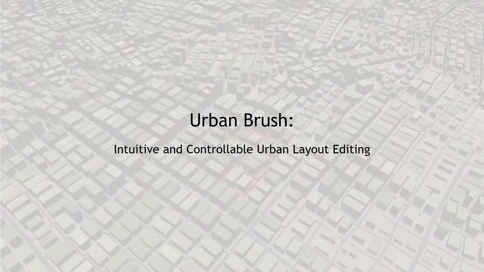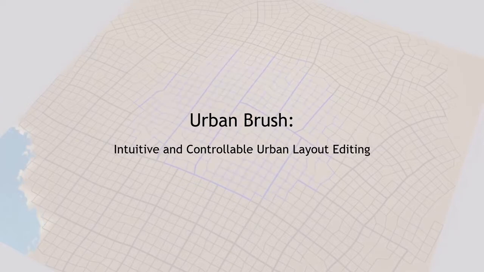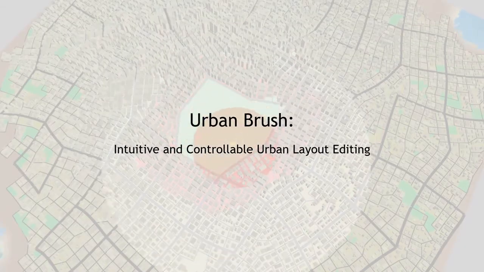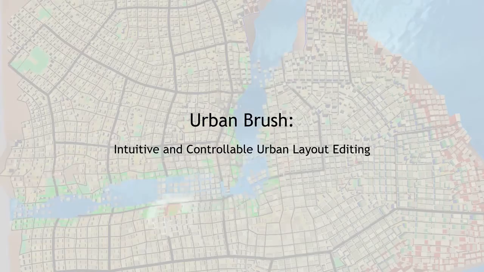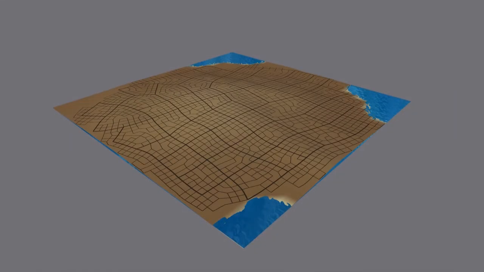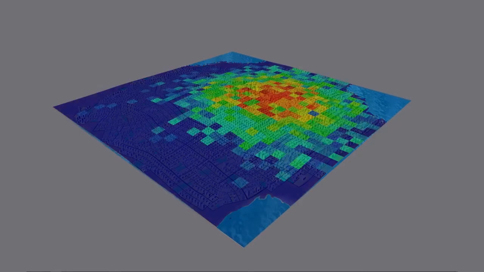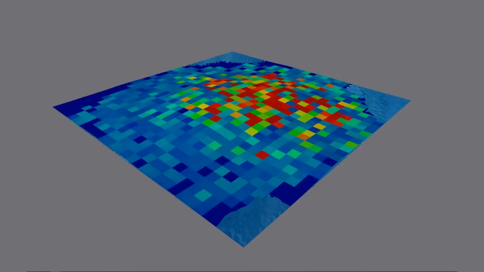We introduce a novel approach for fast and intuitive, interactive authoring of urban layout. Our method is based on the observation that cities develop in small increments. The urban layout includes various layers, including terrain, roads, blocks, lots and buildings, jobs and population.